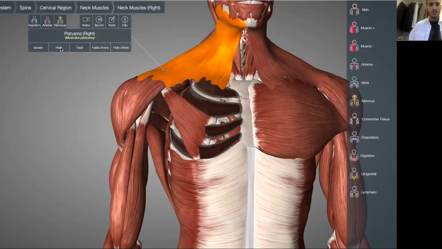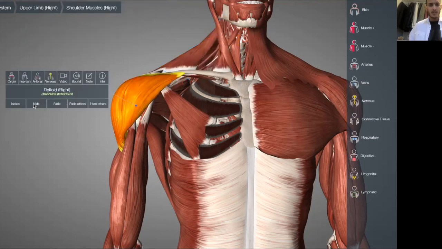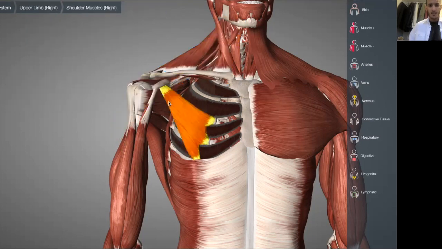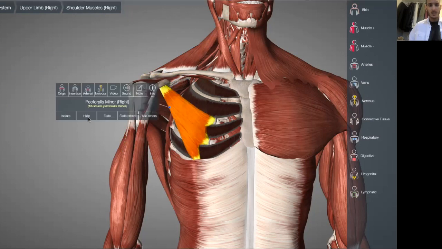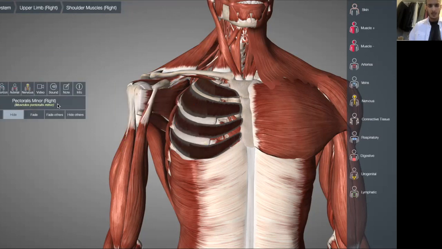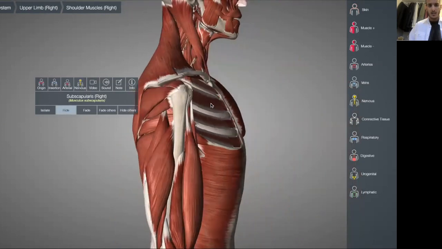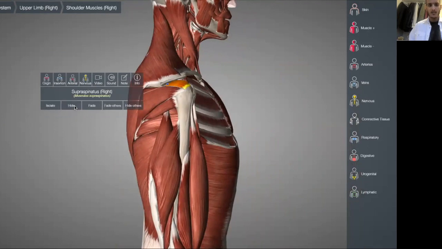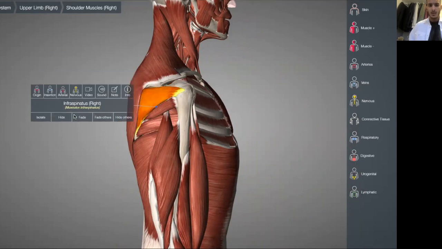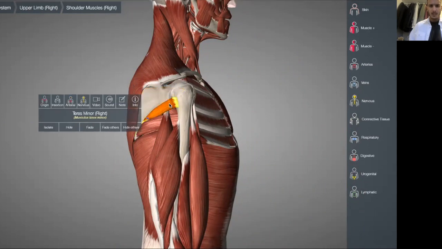That here is the platysma. That's the deltoid. This one is the pectoralis minor. Okay. This muscle right here is the subscapularis, found in the costal surface of the scapula. I'm going to hide this one. Then here is the supraspinatus, found in the supraspinous fossa of the scapula. Infraspinatus, found in the infraspinous fossa of the scapula. That's the teres minor,